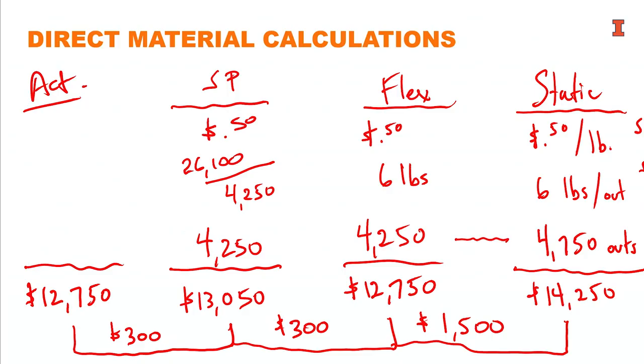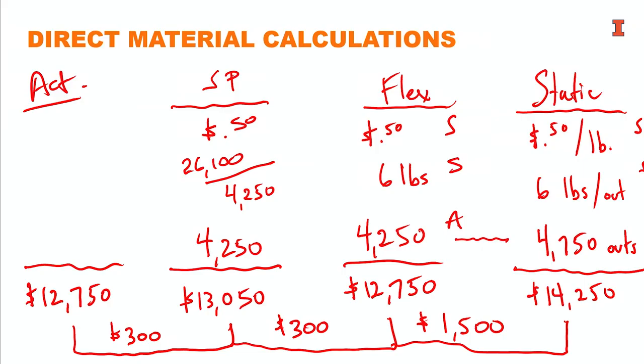In the flexible column, the price that we use is standard, the input that we use is standard, and the output that we use is actual. So comparing just these two columns, the more actual piece of information is represented in the flexible budget column, at least compared to the static budget column. So the static budget column is our standard world, or budgeted world, and the flexible column is our pseudo-actual world. Well, these are costs. These are direct materials costs. And so in our pseudo-actual world, the cost was